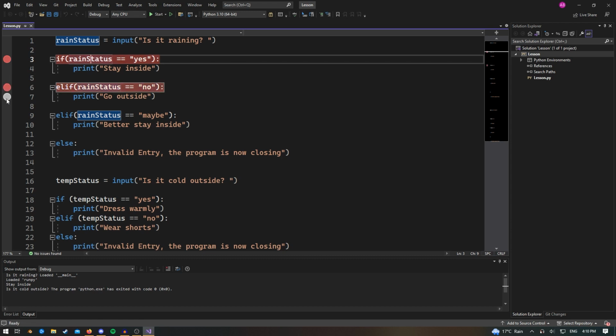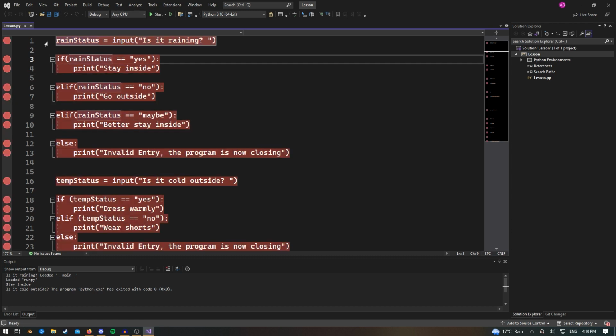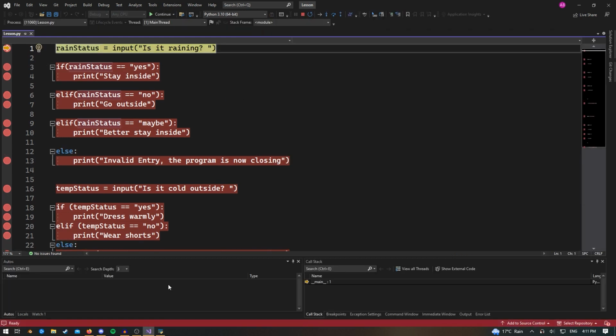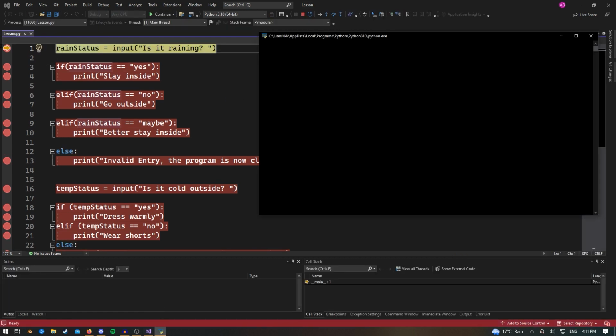Now you can put more than one breakpoint if you want. You can put a breakpoint on absolutely every single line, and you'll see the order at which things run and where the program goes and where it doesn't go. So once again, if I start immediately, it doesn't even print anything because we immediately paused before we even got to line 1. But if I continue,